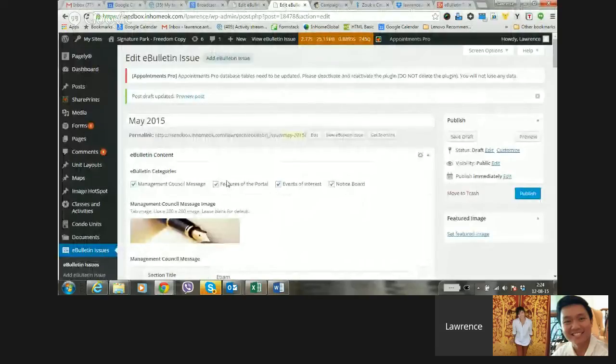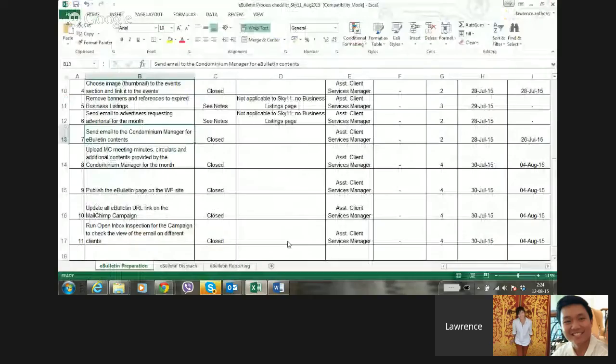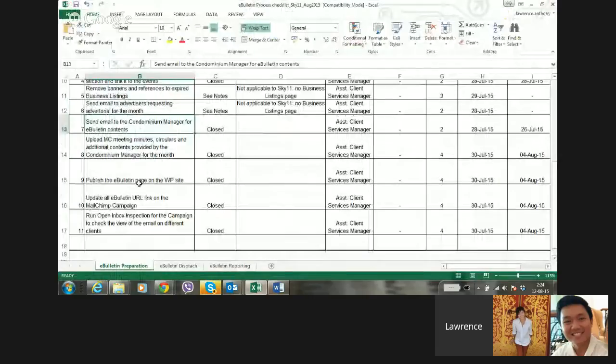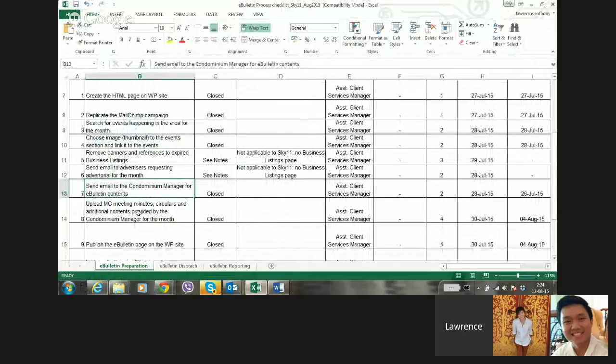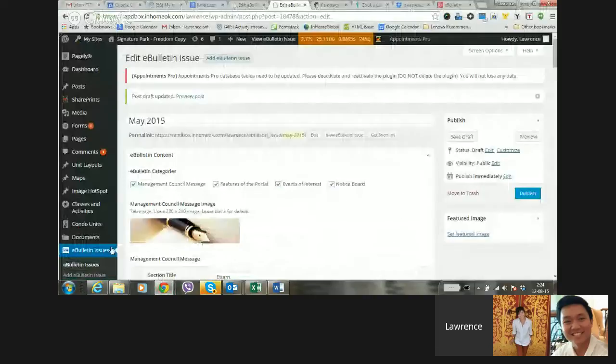Okay, coming back to the checklist here. So after we send it to Veera, and Veera returns to us with the details, he will also send some meeting minutes and some circulars, if there are any circulars published, and then any additional information that needs to go into the portal. We make sure that first we upload the meeting minutes, circulars, and all the additional contents. Example, if he says that this circular is to be added, we first go to the document section here, and then we add the